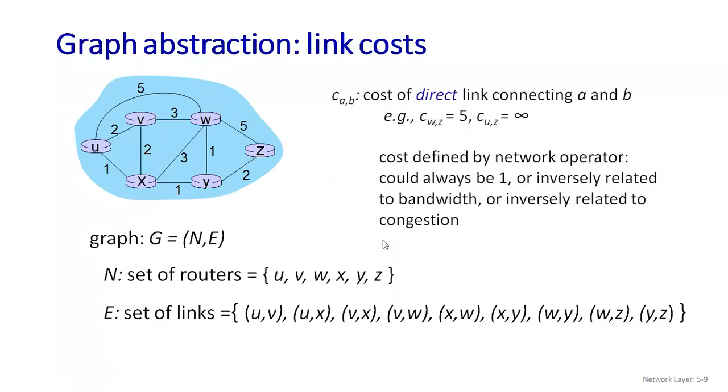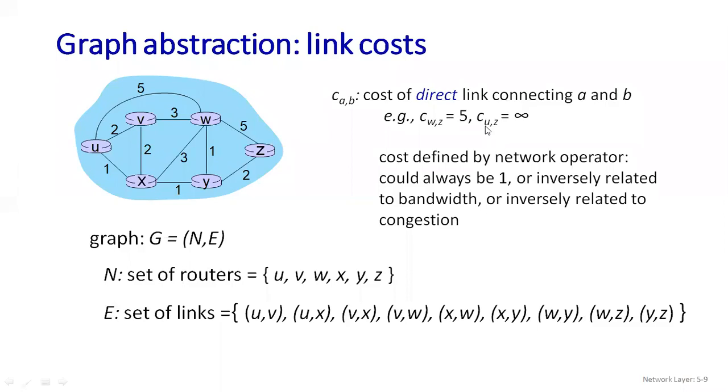Next, you can see how you are going to find out the cost. If I want to find the cost, I denote it with the term C. Suppose you want to find the cost of A comma B, then it means there is a direct link from A to B, and A is connected directly with B. That is the meaning. In the example, if I want to find the cost of W to Z, how am I going to write it? I will write C(W, Z). It equals how much? You can see W to Z, the cost is 5. So here I'm going to write 5.